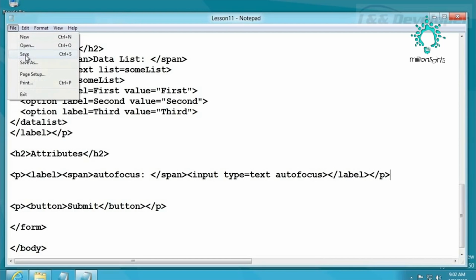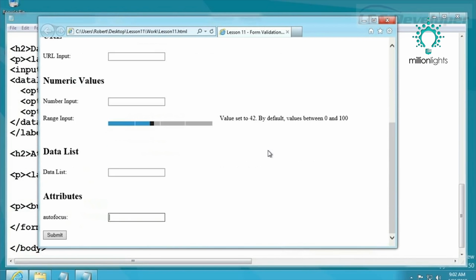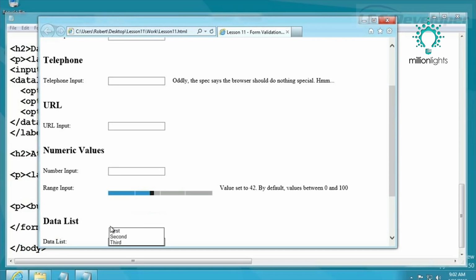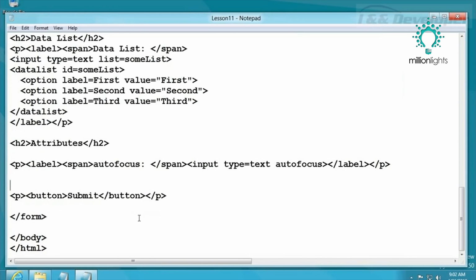Okay, save it, and now let's refresh. And notice that the cursor automatically goes to the autofocus. So this is where we would begin typing in our form. We can use the shift tab or tab key to move on from there. All right, but at least autofocus will put the cursor into a specific form field so the user can begin typing as soon as the page loads. Pretty cool. Let's go on from there and